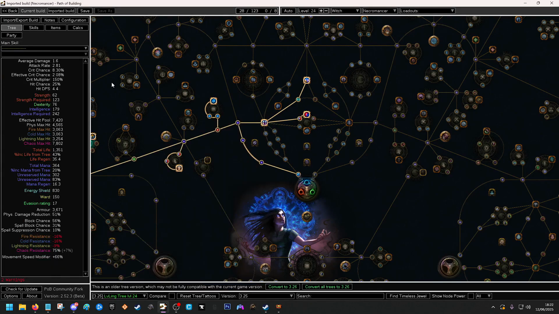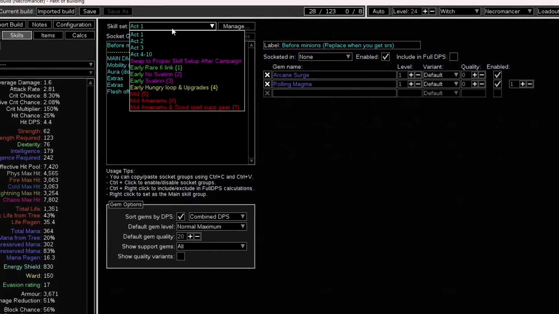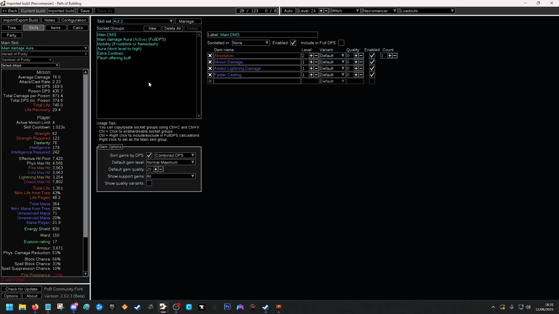To know what skills to use, go to the top left and press skills, and this will tell you what skills to use in Act 1. Click the drop box, this is Act 2, this will tell you what skills to use in Act 2, and so on. If you're not sure what items to use at endgame, go to the top left and press items,